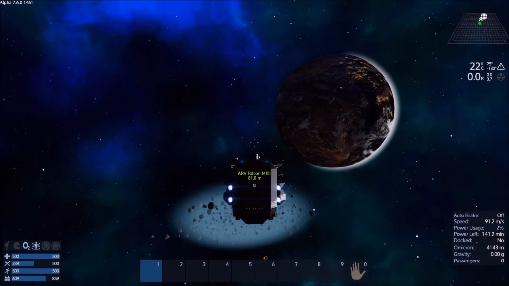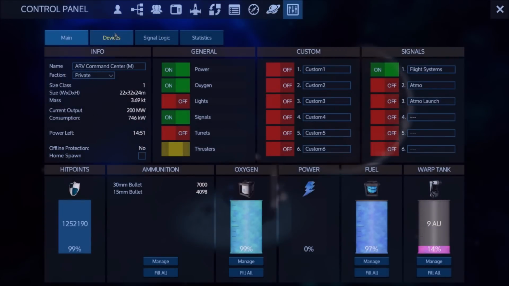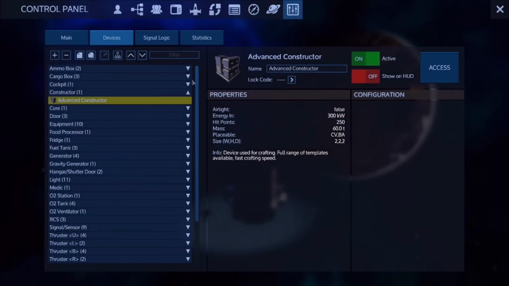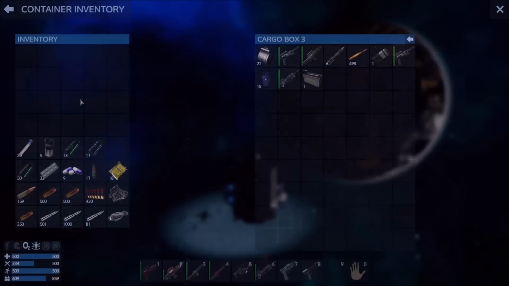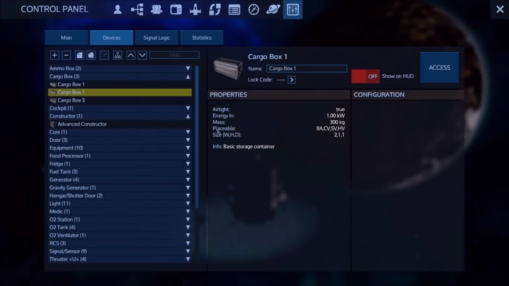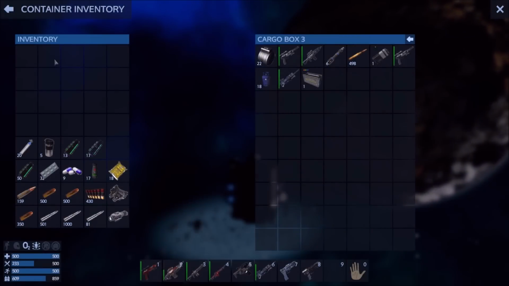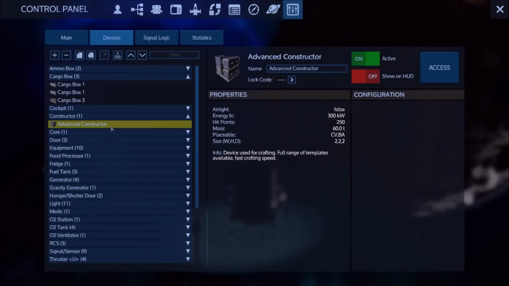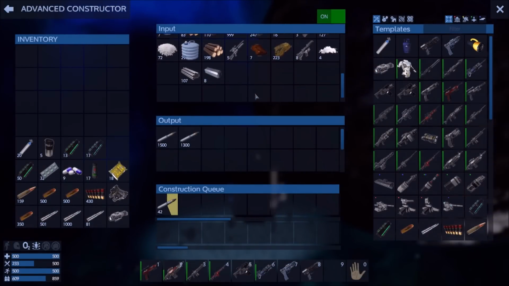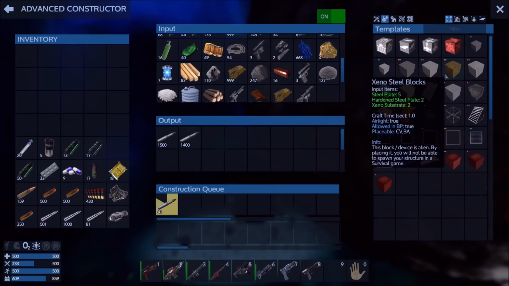I'm going to take off auto brake so that we'll continue to go the same speed, and I'm just going to check my stuff. So cargo box, let's see, which one of you would have none? Okay, so there aren't any additional building blocks. You have dirt. You've got more than enough dirt in you. So I'm going to go ahead